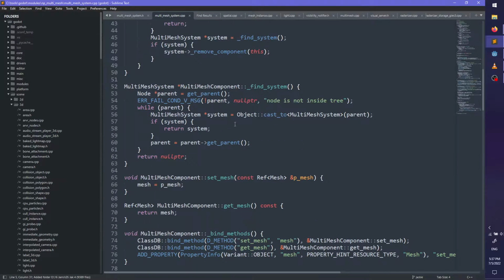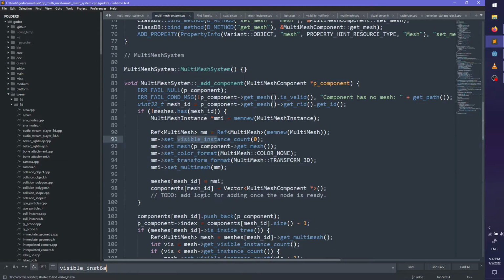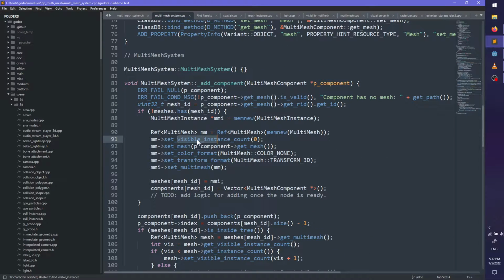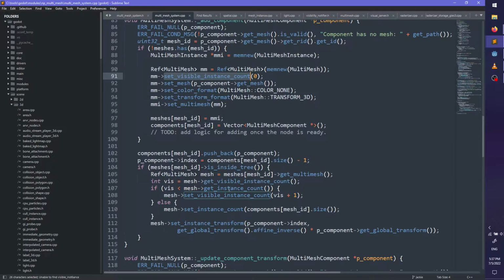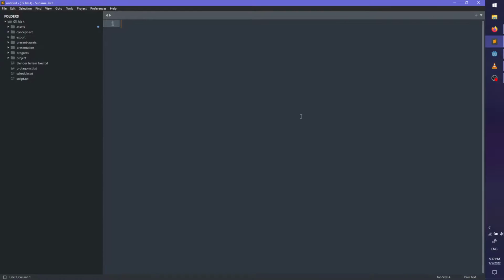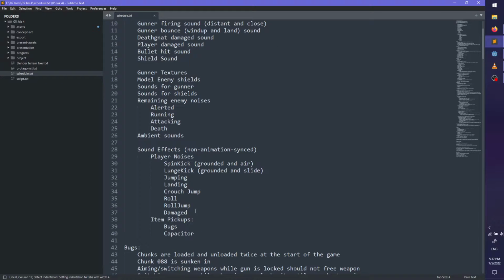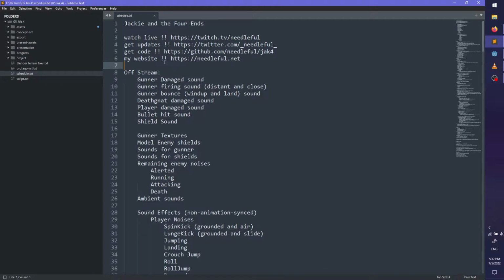The change that I made was basically the visible instance count. I set this visible instance count instead of just setting this. So then it doesn't reallocate the list and change it, which is expensive. But yeah, so I didn't do any of this. But basically,